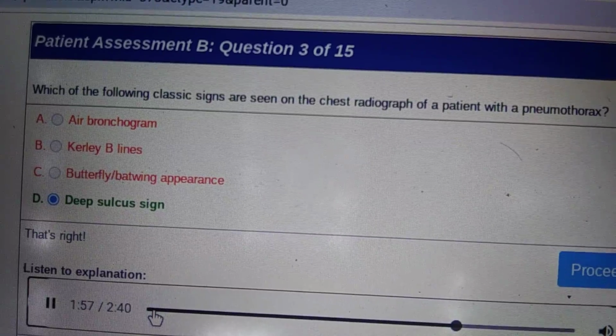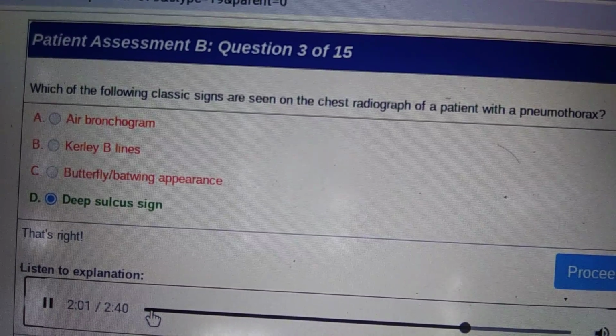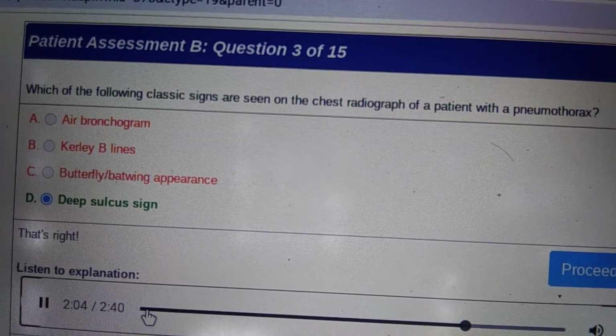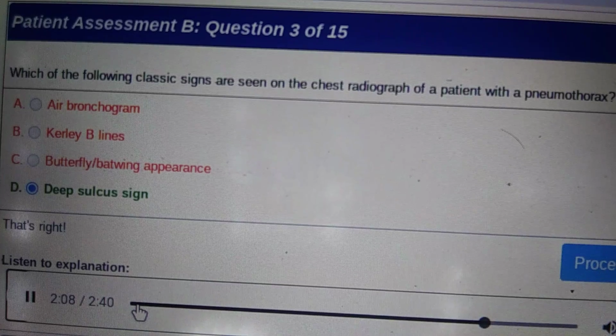So if you knew those associations of A, B, and C and can eliminate them, then by default you have found the answer, and that's letter D. A deep sulcus sign is a classic radiographic finding that we see with a pneumothorax. But if you didn't know that, you could